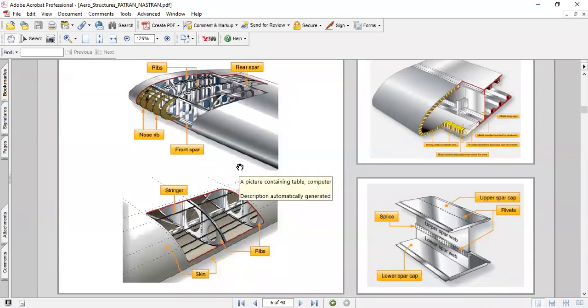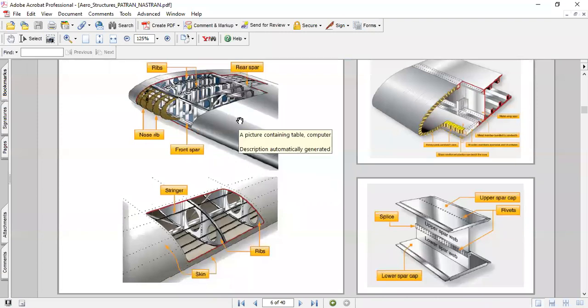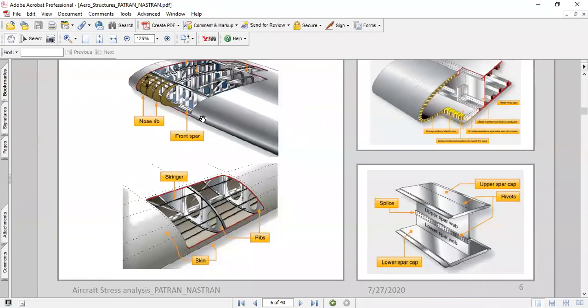Mostly these are machined beams, mechanically fastened to the webs and mechanically fastened to the flanges.